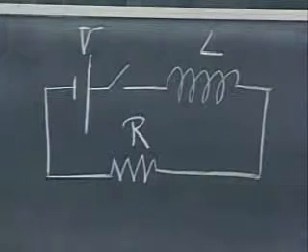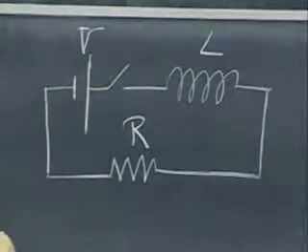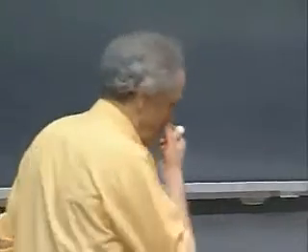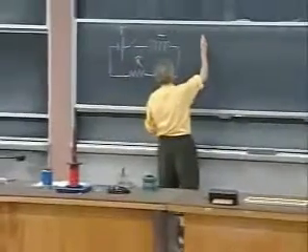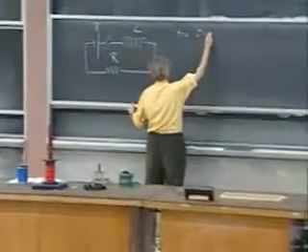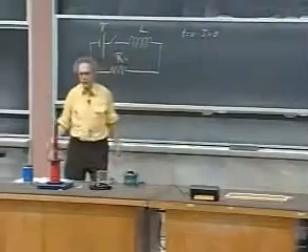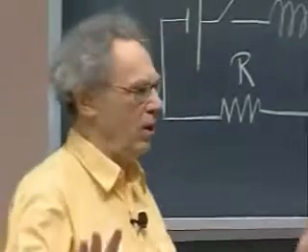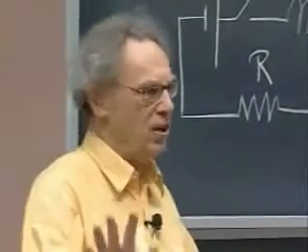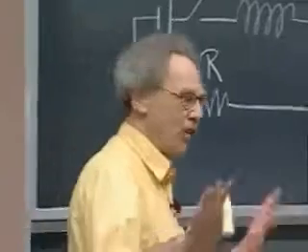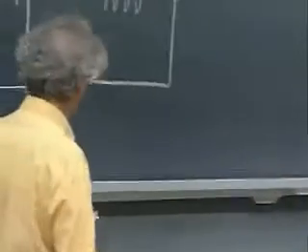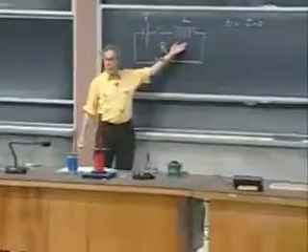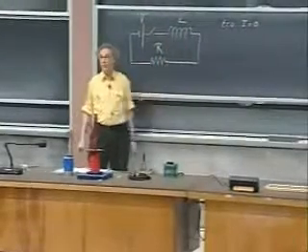And I close this switch when there is no current running. In other words, at time t equals 0, when I close the switch, there is no current. When I close this switch, the current wants to increase, but the self-inductance says, take it easy, Lenz's law, I don't like the change of such a current, so the self-inductance is fighting the current that wants to go through it. But there comes a time that the self-inductance loses the fight if you wait long enough, and then, of course,